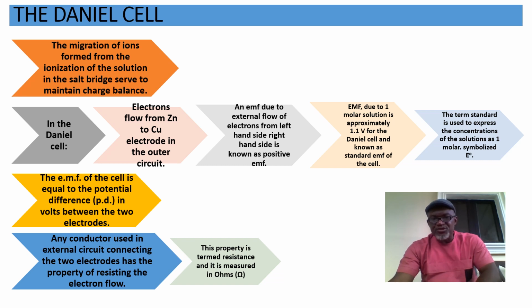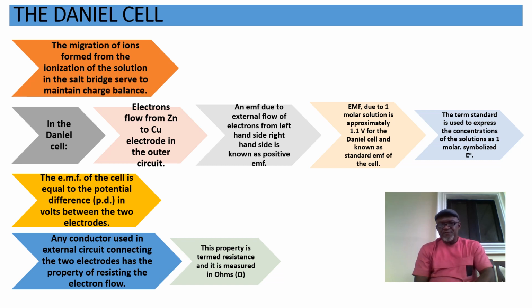EMF due to 1 molar solution is approximately 1.1 volts for the Daniell cell. I think we'll see where we calculated that, knowing the equation for EMF, which we'll also see later. The term standard is used to express the concentrations of the solutions as 1 molar. So when the concentrations are 1 molar, temperature is room temperature, which we use at 25 degrees C or 298 Kelvin, and pressure of 1 atmosphere,